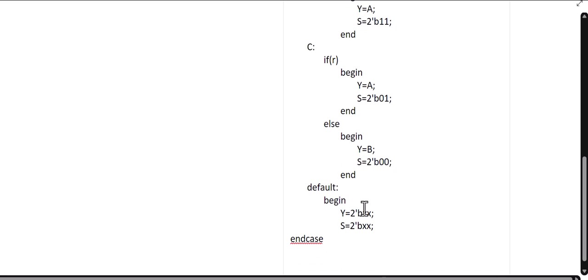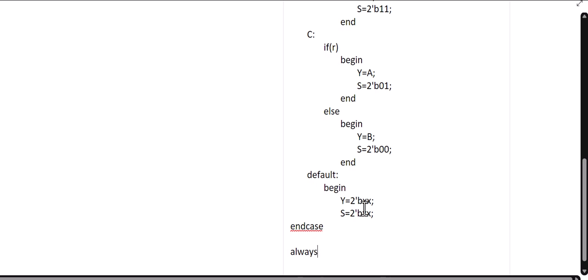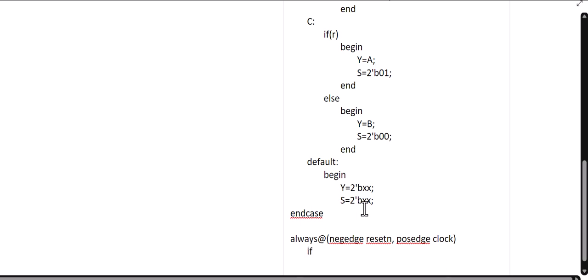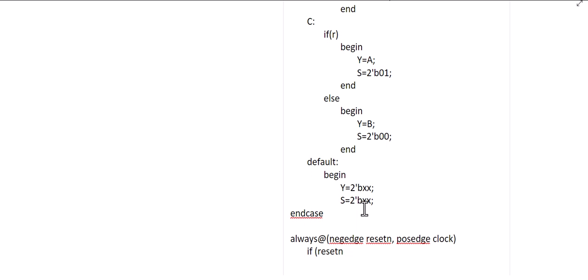Now we need to have our next always block. And this always block is the one that defines the sequential block. This one is always at negative edge reset_in and positive edge of the clock. And if reset_in, I've seen it like this too, and this, that means the same thing. So if not reset_in, I'm almost done. Okay, so if not reset_in, or if reset_in equals 0,